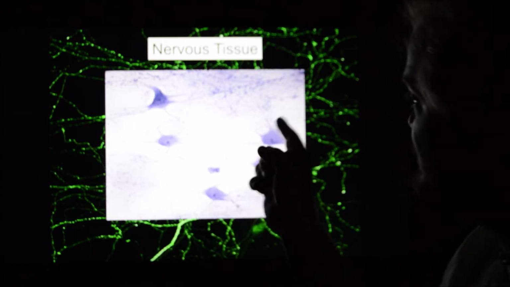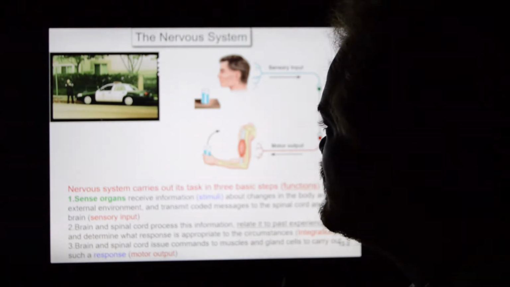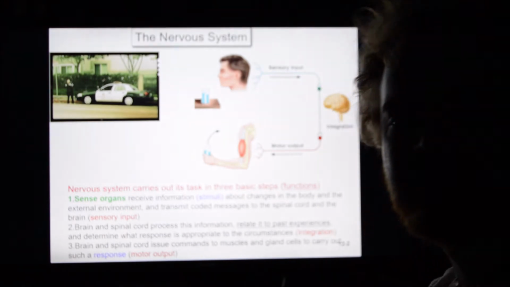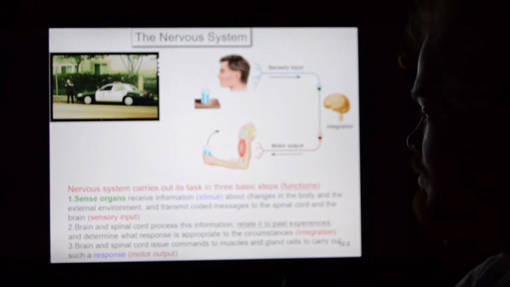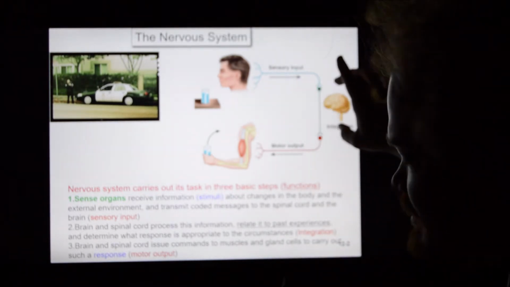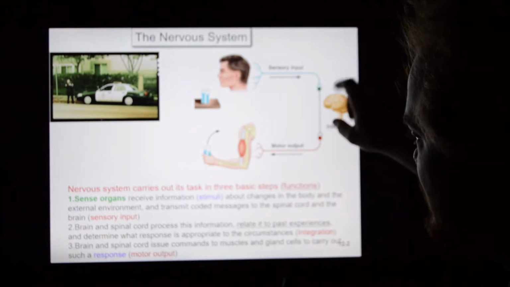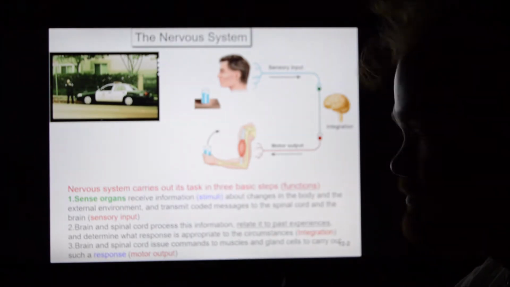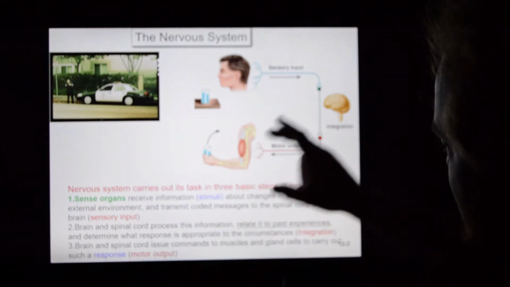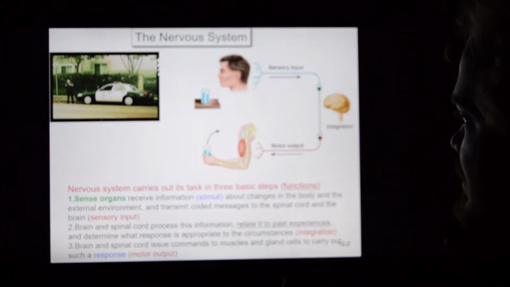What's up, guys? Let's have a lecture on the nervous system, or nervous tissue, I suppose. What you have to consider is that everything you've ever done can be broken down into some sort of sensory input, followed by integration in some level of control center, be that the brain or elsewhere, followed by some sort of motor output. Sensory input comes in from your sense organs as a stimulus, is integrated by a control center, and is followed by some sort of motor output, a response.